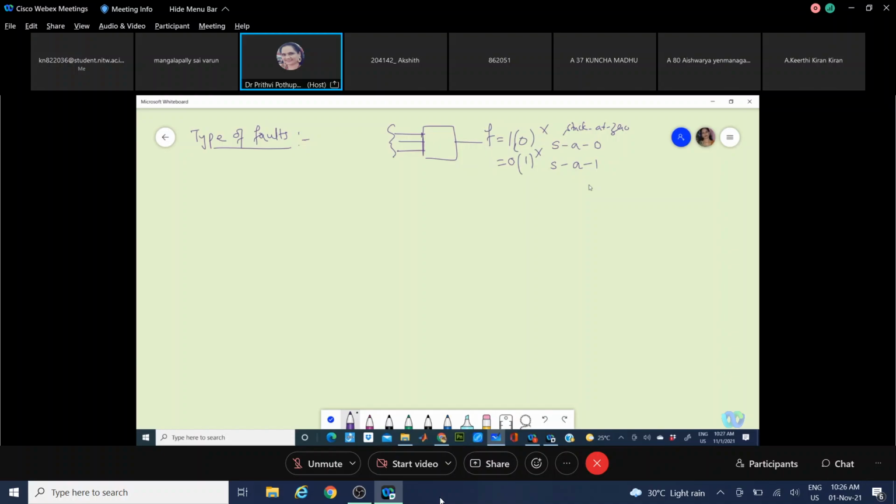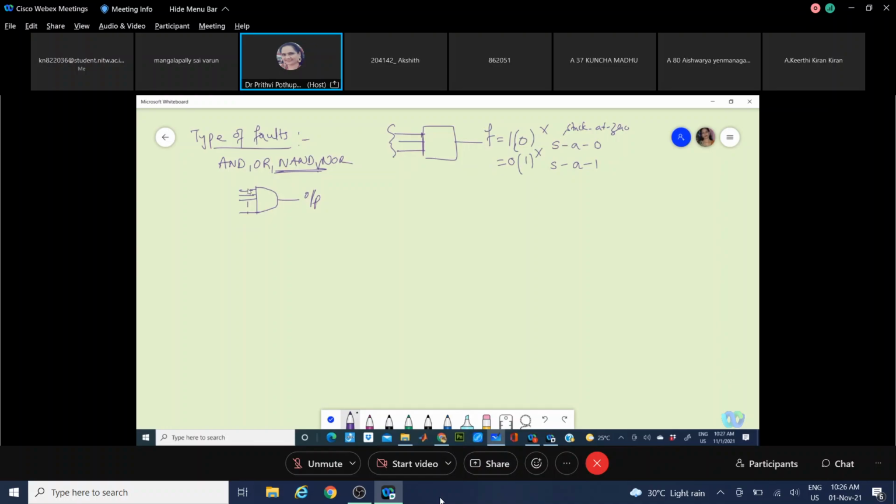Now how to find these faults? Separately for gates, if you take an AND gate, OR gate, or NAND gate, and so on. For an AND gate, the logic is that if all inputs are true, then the output is true. Now see here.